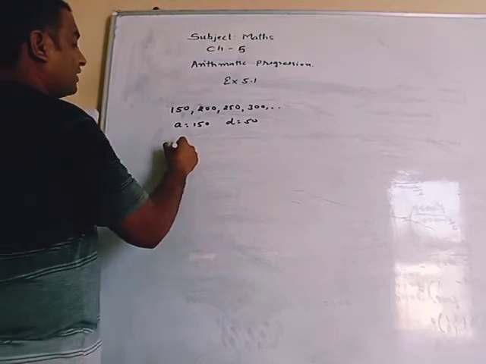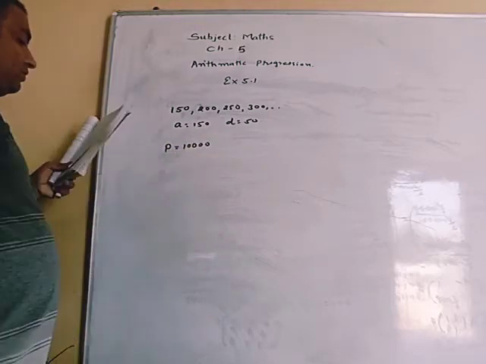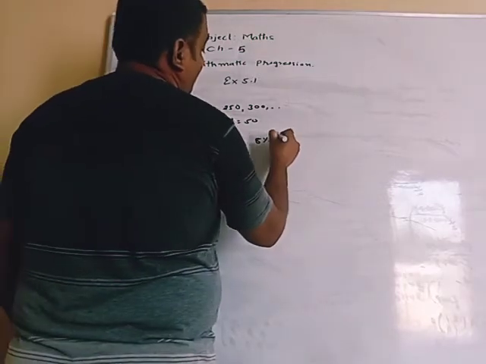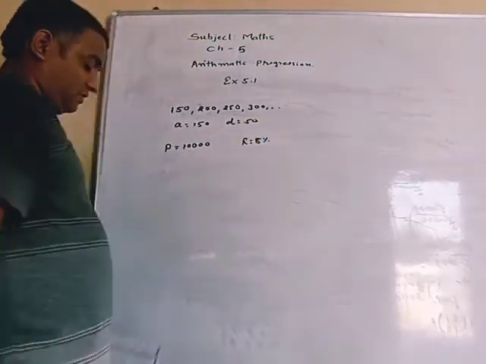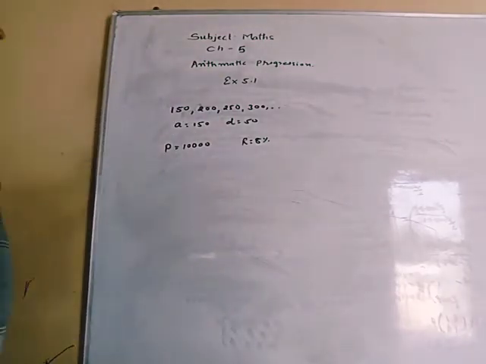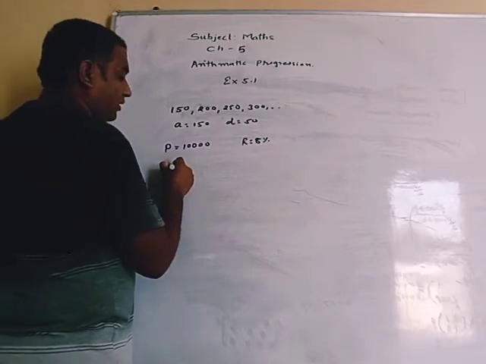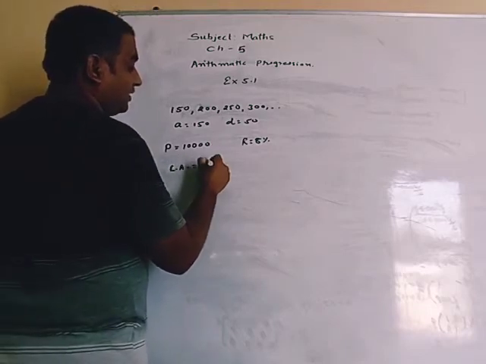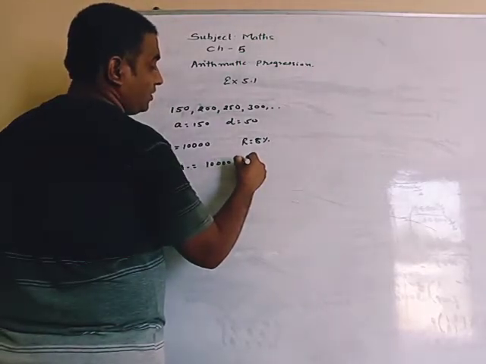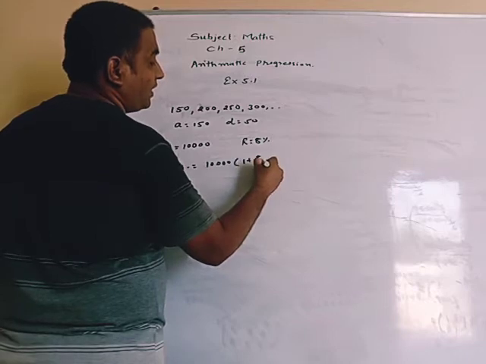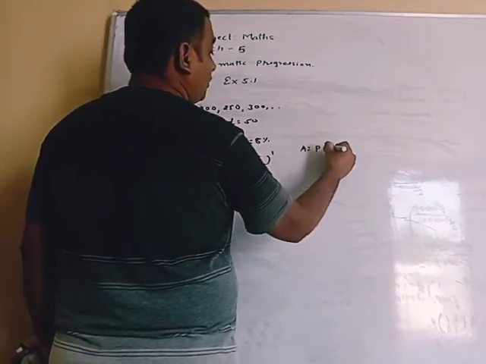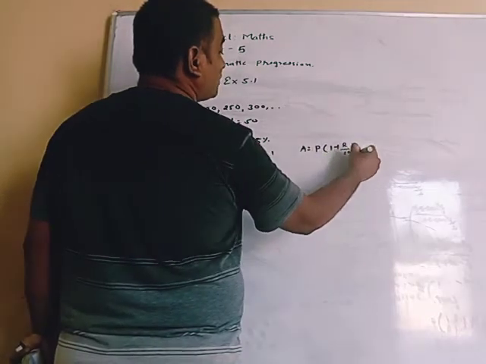Now question 4 is the amount of money in an account every year when ₹10,000, so the principal is given as 10,000, is deposited at the rate of interest of 8% per annum. So the rate is given as 8%, and so we have to calculate compound interest. So in the first year we get the compound amount, that is 10,000 into 1 plus 8 by 100 raised to 1, because we have the formula compound amount equals P into 1 plus R by 100 raised to n.